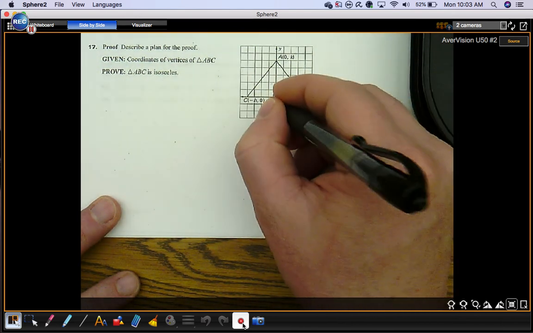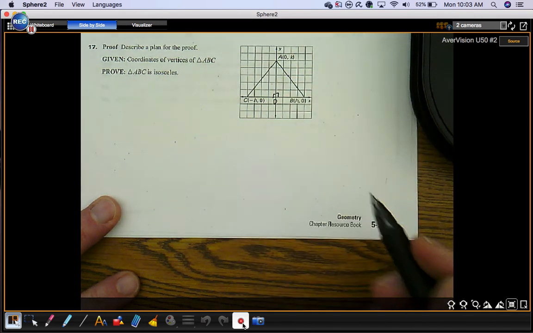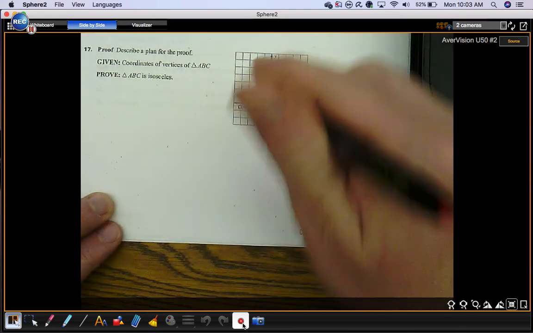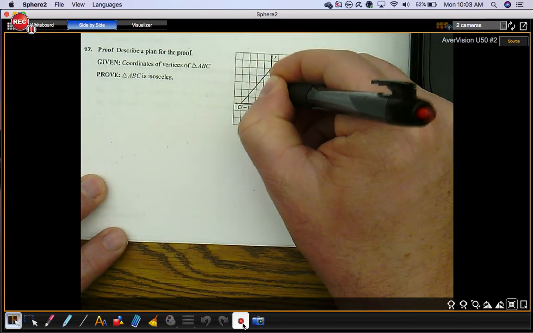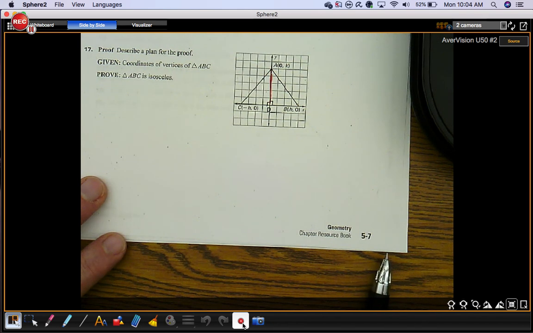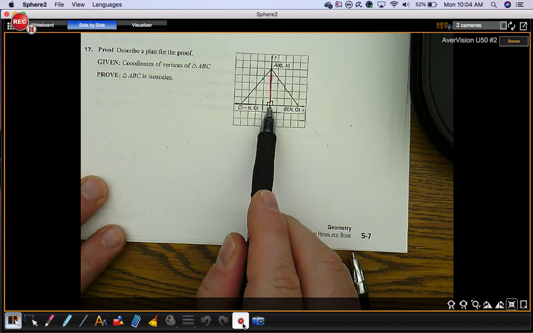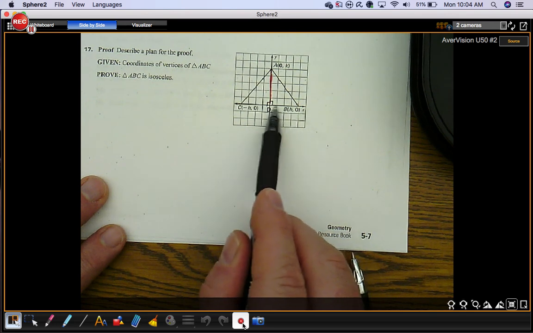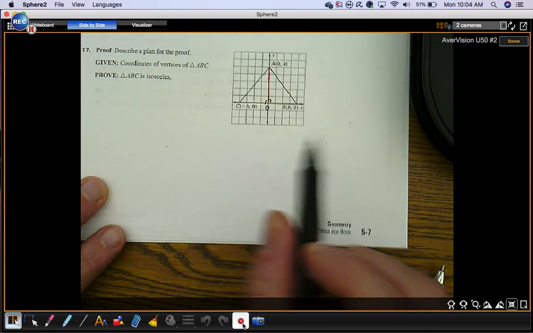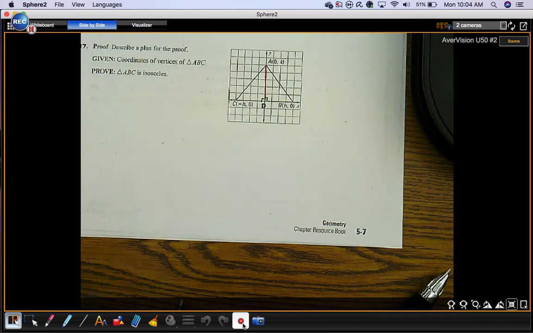And maybe I would call this point D, perhaps. Also, I would argue that this segment, AD, is the same length as itself. Then I'm going to point out from point D to point B we went H units to the right, and from C to D we went H units to the left. So this length and this length are equal. So if I mark those congruent,